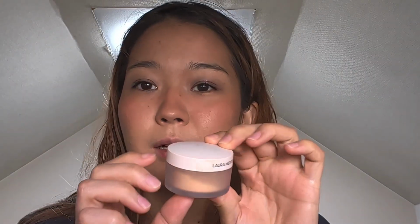Okay, now next step, I wanted just to show you what I have. I have a powder that I bought. In grad school, I used to have Fenty Beauty powder, and I also finished that pretty fast. But this time I bought Laura Mercier setting powder because my sister shared it with me and it was so good. But I almost never used it. I maybe used it a little bit, but I don't use it right now because I was traveling and I noticed that when my skin is dry and I don't have any other cream, using setting powder is a mistake